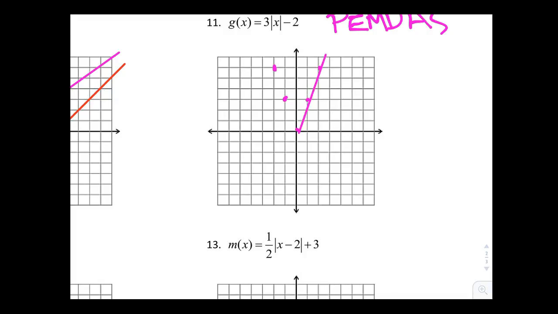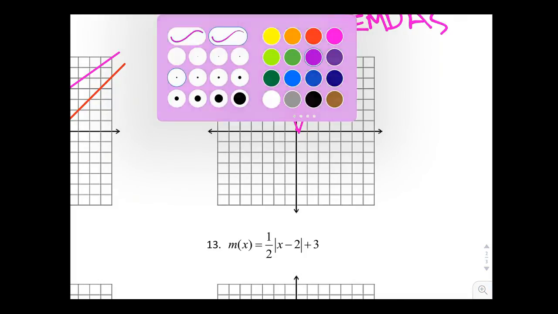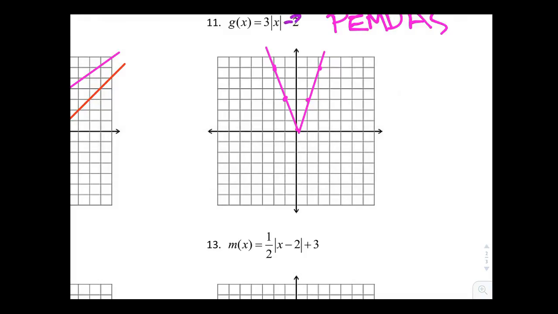I get this V shape that is tall and skinny. Notice I have started to skip my original graph. I know it is V-shaped. I am going to change that V to match. Then this -2 causes me to move down 2